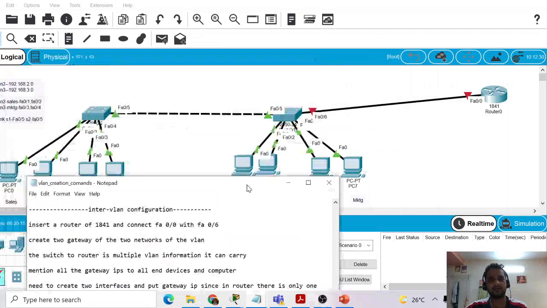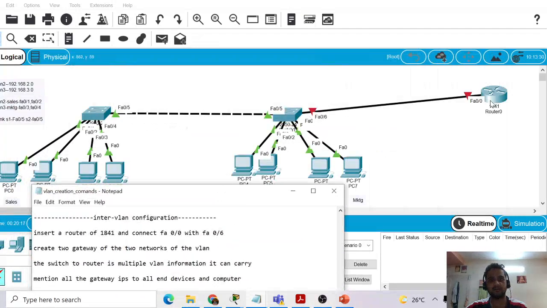But I want my data from different VLANs to communicate with the router. So for that we need the same one interface to be split into two interfaces, and also I need to make this one a trunk.